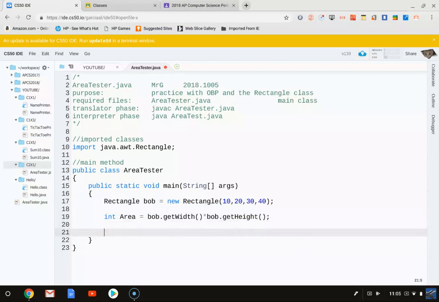Okay, let's print out stuff. So very typical. A program is going to have input. That's the rectangle, Bob equals new Rectangle. Here's input 10, 20, 30, 40. It has processing, width times height, right? And then it has output. So how about